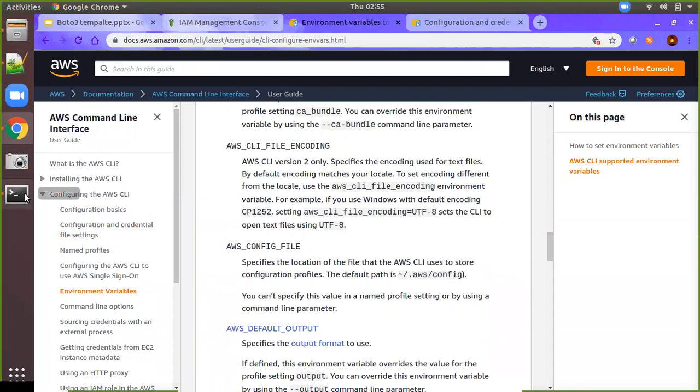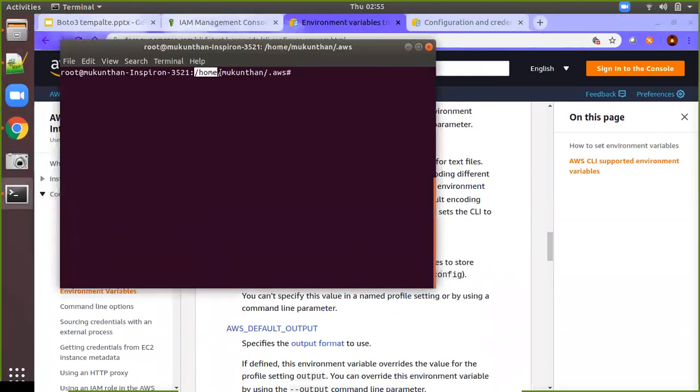Okay, now we will go to here and we will see. I am currently in the same folder level. You need to go to the same folder level as per your system, whether it is Linux or Windows. So you need to go to the particular system and let's say AWS, sorry, ls -a. Here we can see there are two files available, config and credentials. You can even long list it and you can see.